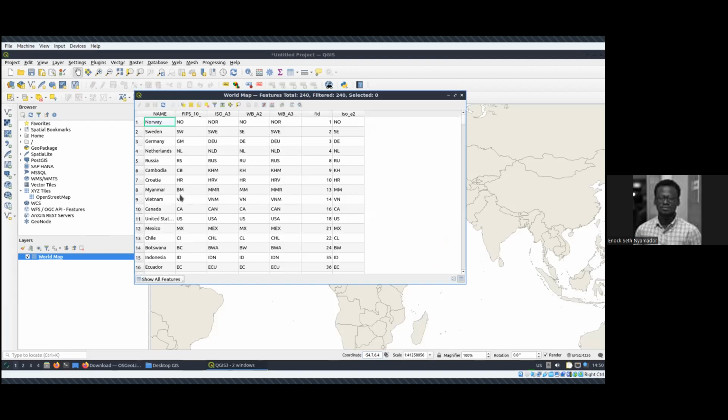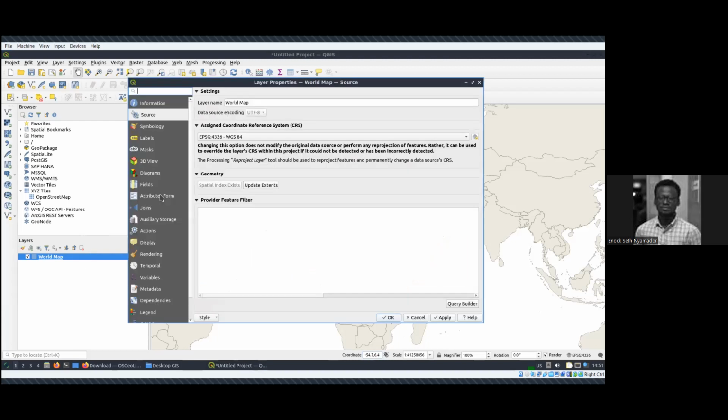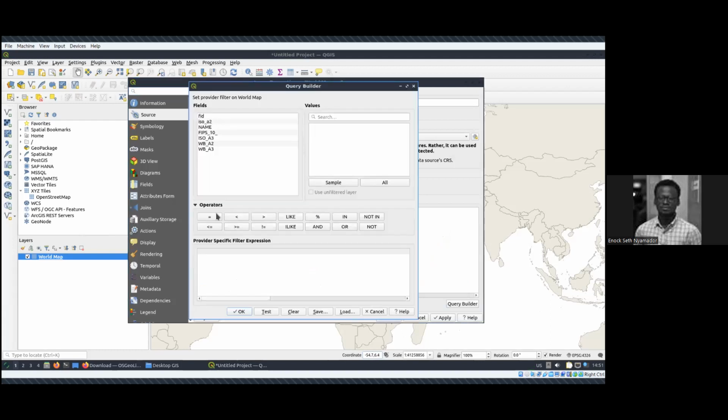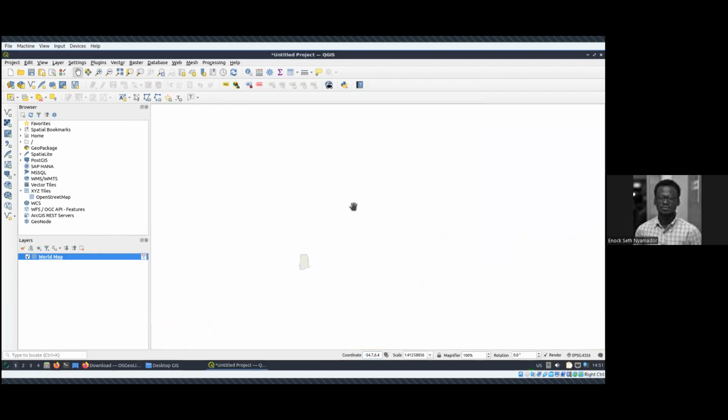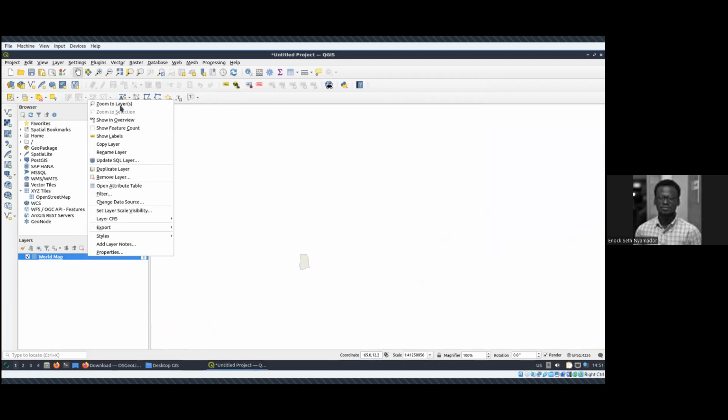Of course, it's not ready-made. Okay, the name is here. I don't want to cut, so I can just limit it by name equal to Ghana. I don't want to create a new file, so I just filter this one and use it on the fly. Yeah, that's it.